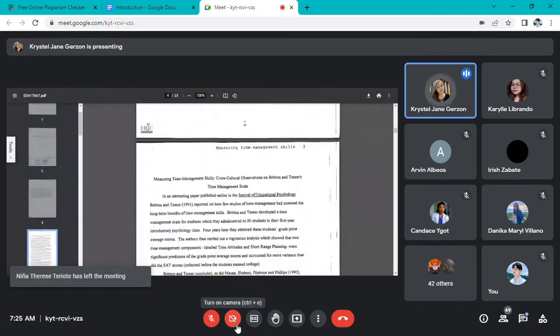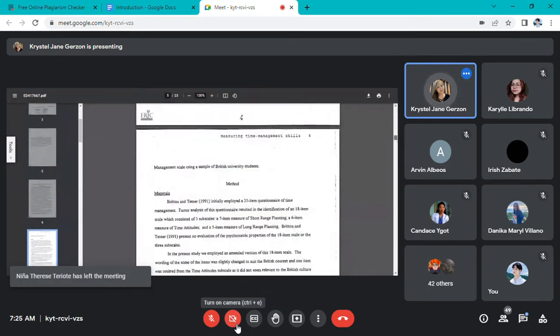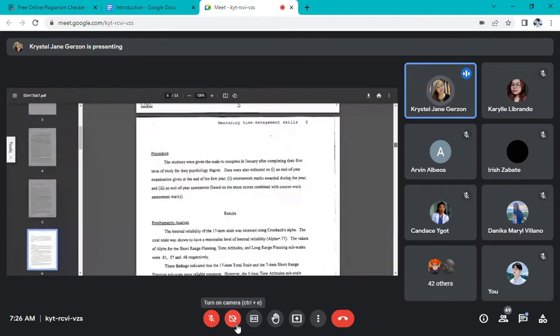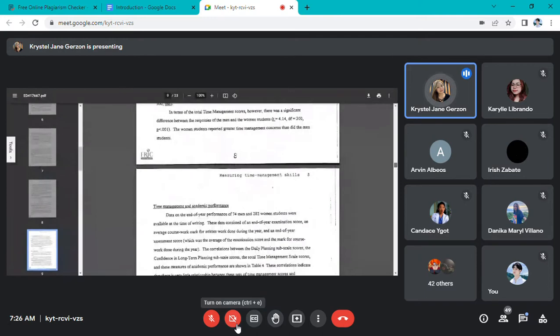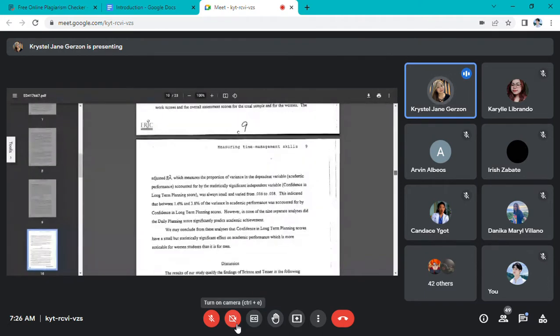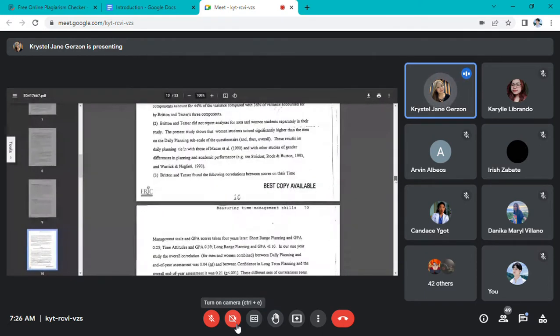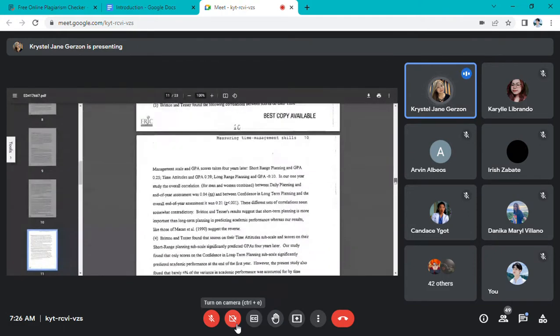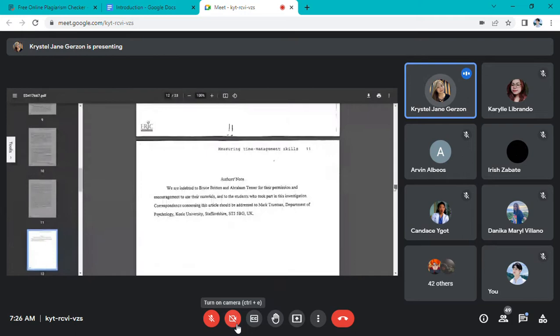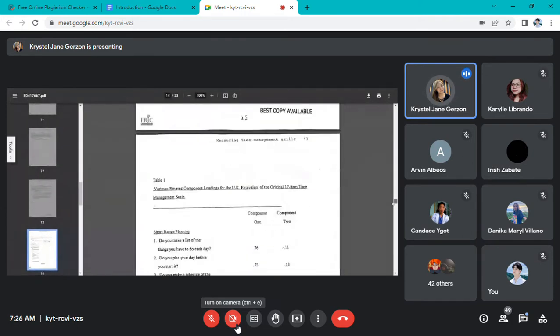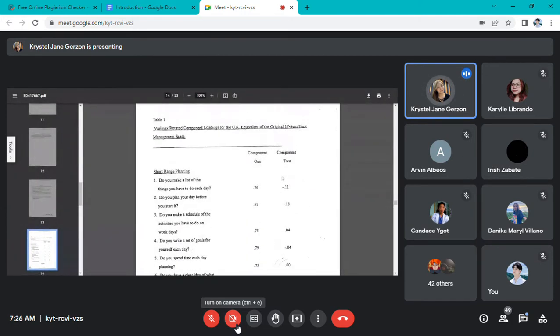Now, basically, when you read the article, it actually mentions indicators or factors that we have to measure for us to really fully measure time management skills. So naa pa tayong mga sub-factors or sub-variables, or even indicators. Sometimes they call it indicators, sometimes factors, sometimes